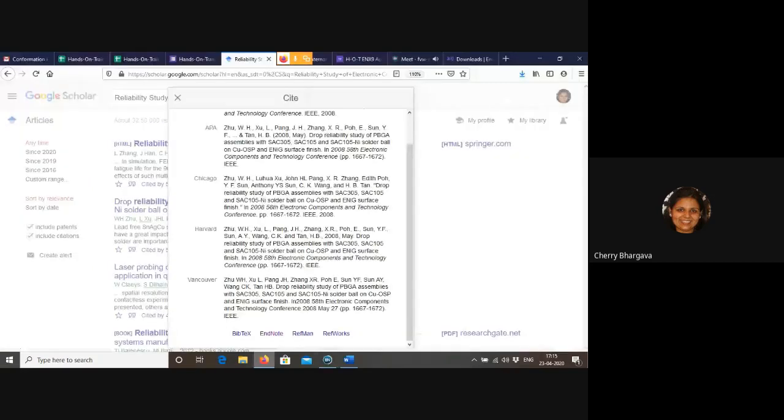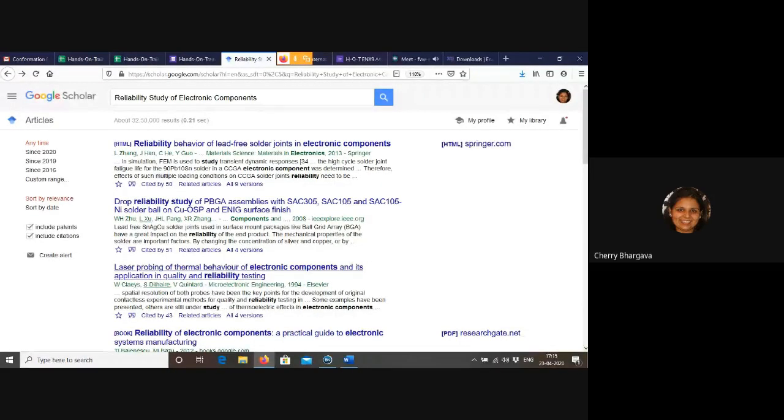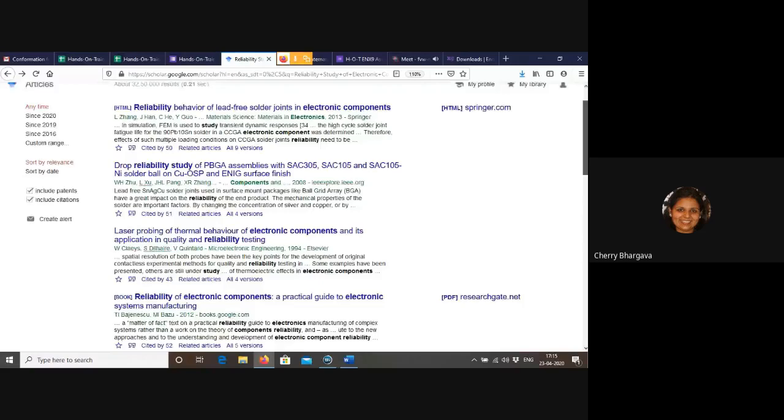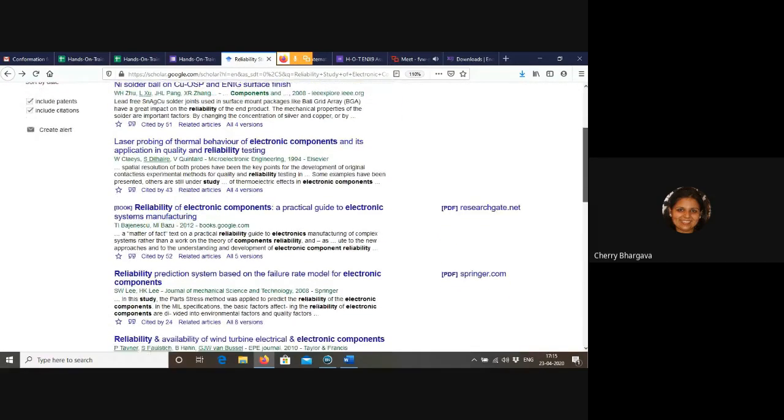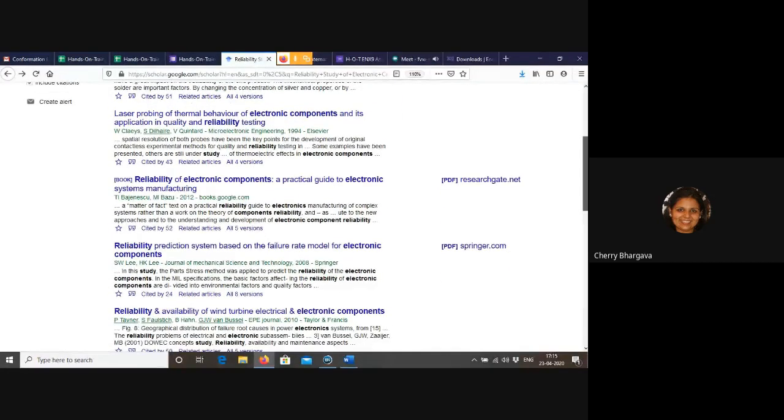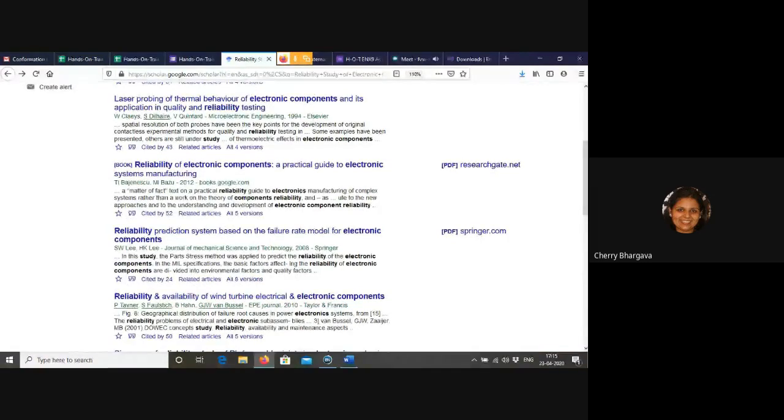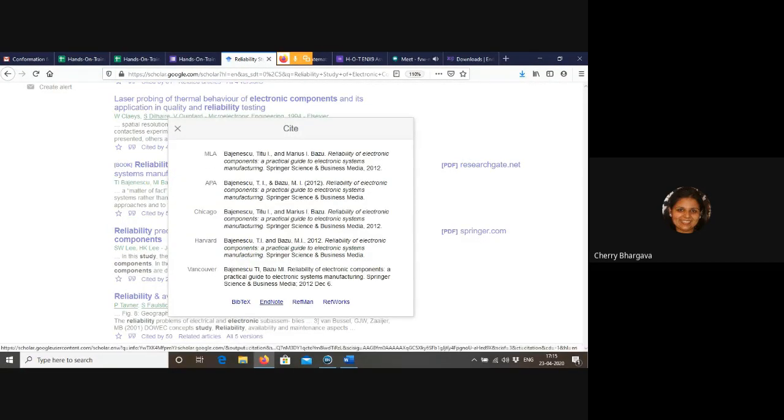Okay, one more I have to add. This one is the book reference. I'm going to add one book reference to the same library. Again, clicking on the Citation tab, and after that EndNote.